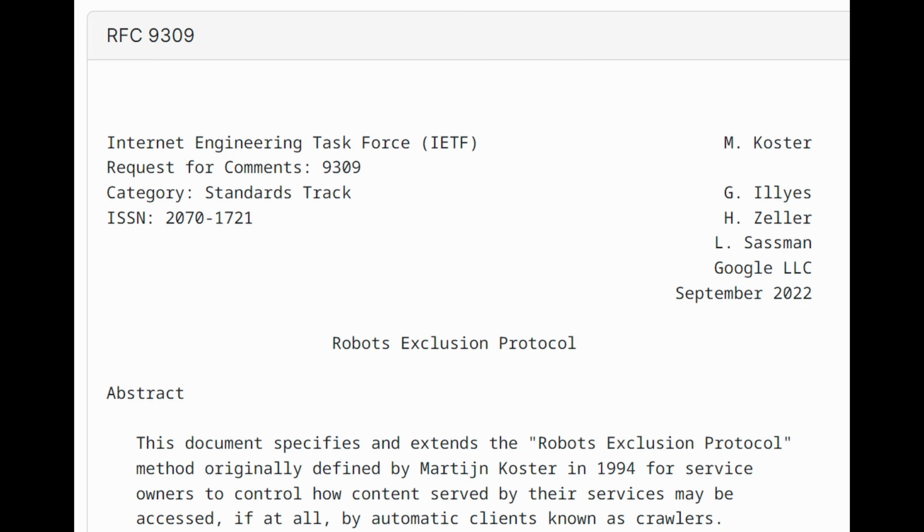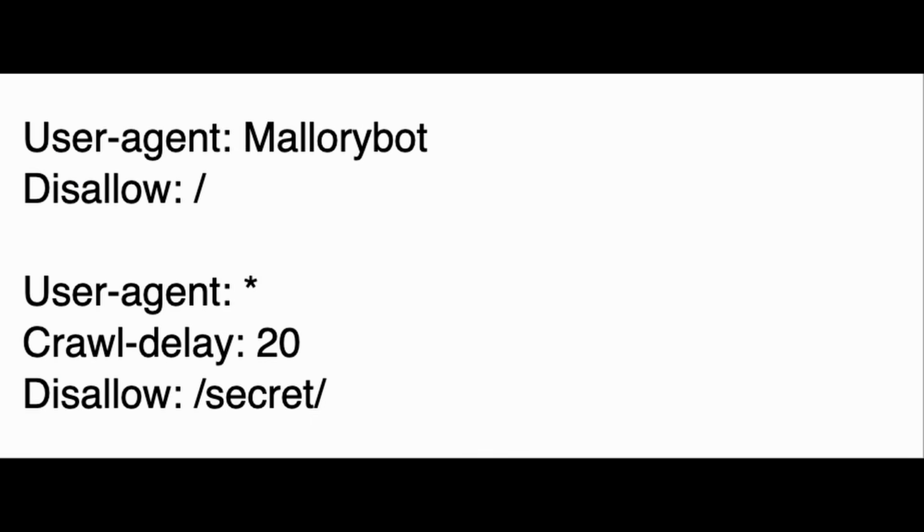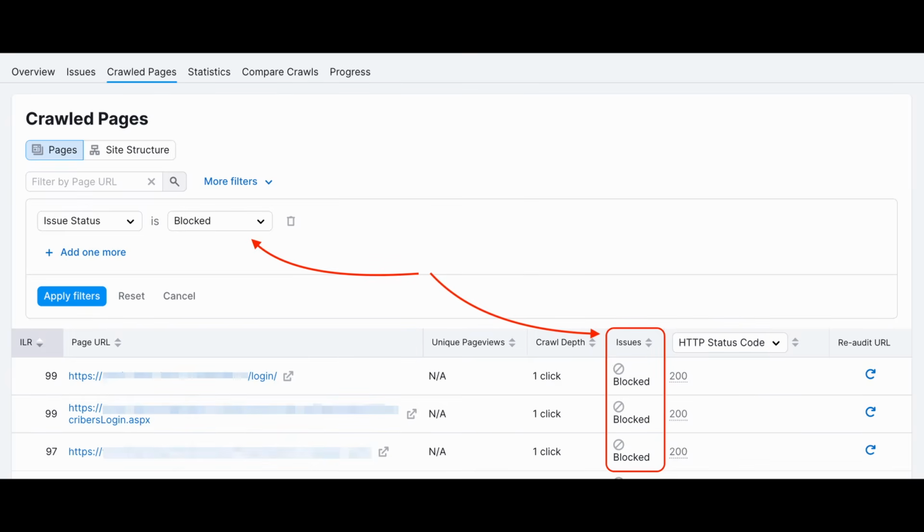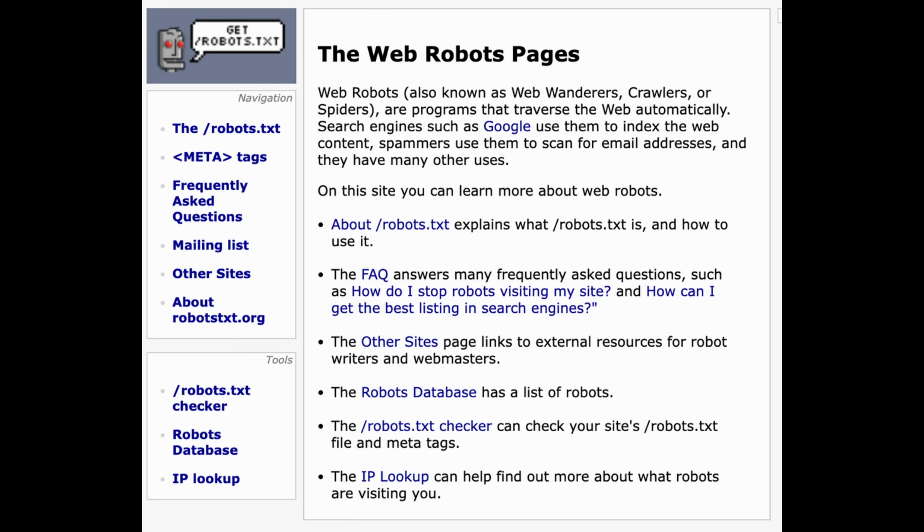agree on a standard, which was that sites would have a consistent file that gives bots info on what they can and cannot crawl, and that crawlers would scan those to see what they're allowed to get. This became known as the robots exclusion protocol, and the idea was to have one file with the same name